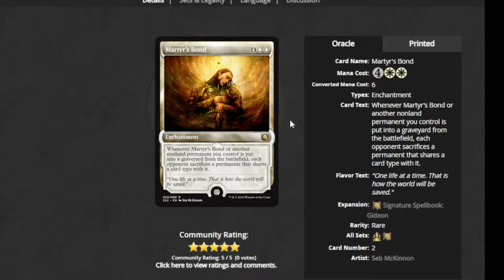Martyr's Bond costs 4 and 2 white. Enchantment. Whenever Martyr's Bond or another non-land permanent you control is put into a graveyard from the battlefield, each opponent sacrifices a permanent that shares a card type with it. And outside of just liking that ability in general, you destroy my stuff, I make you sacrifice your stuff. It goes very nicely with my